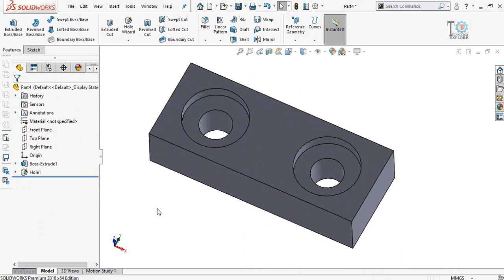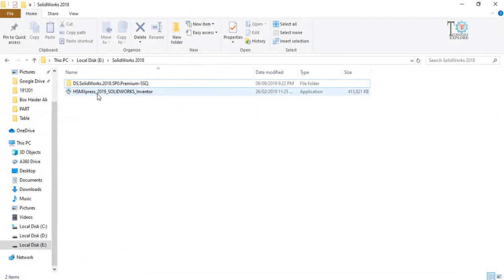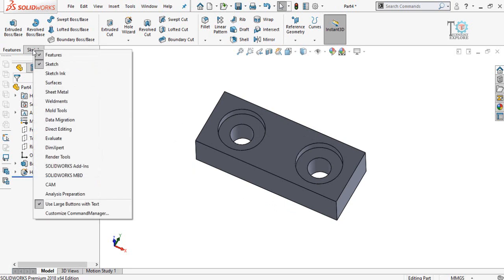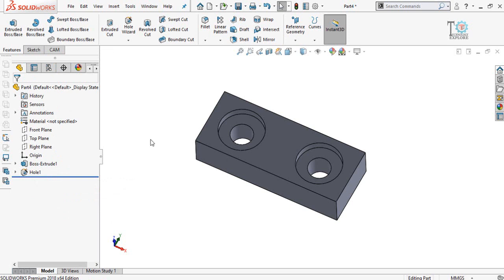As I told you, when you install HSM Express 2019 on your PC, after that you have to right click here on sketch or feature, and then from here select CAM, not SolidWorks CAM but only the CAM tab.